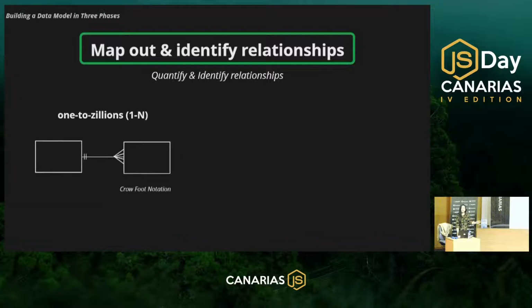One thing that is slightly different, that is also due to the large scale that we're seeing now with the amount of data we're able to capture, is something called 1 to zillions. Because of the massive amounts we get, like when you're dealing with sensors, IoT, where you're getting a bunch per second, like thousands of calls a second, or petabytes of data and the scales that some companies may be working with, sometimes this type of notation and this type of relationship is necessary to describe it, aside from the ones that